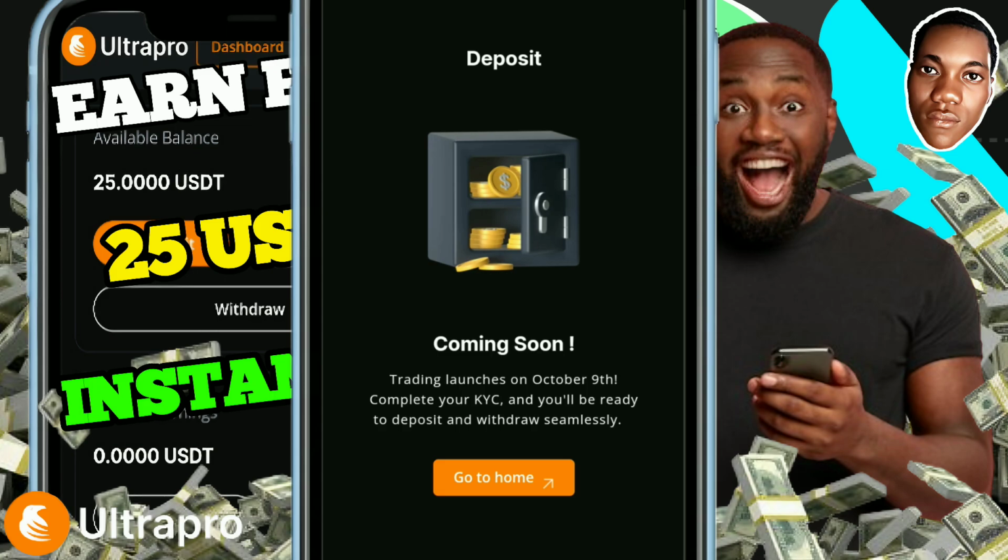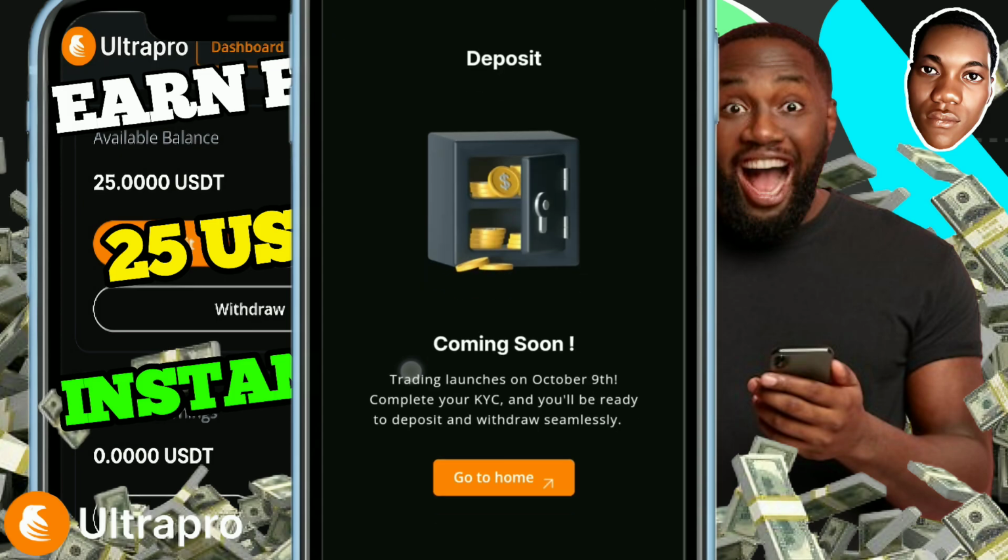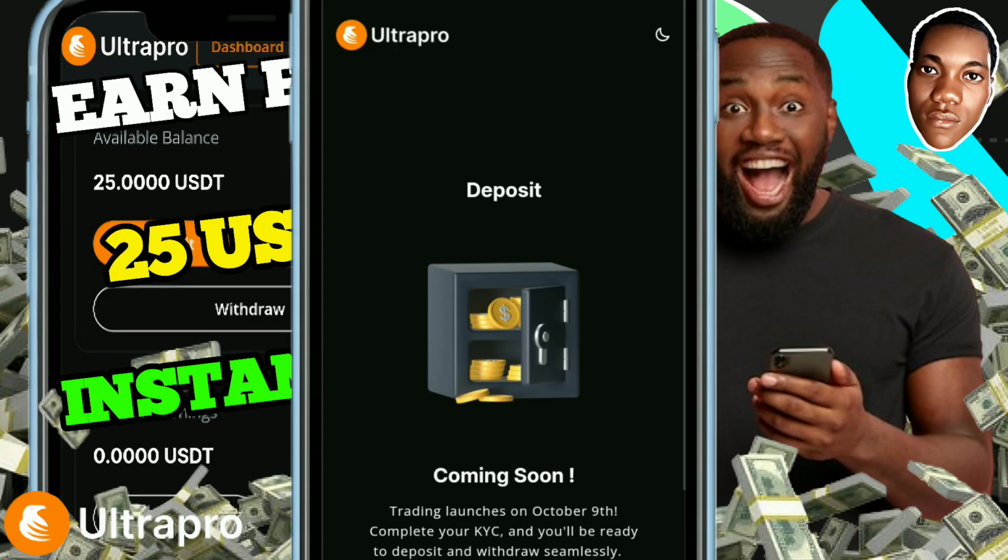But nobody knows what might happen on that day, so when they ask you to deposit any amount for you to be able to withdraw that 25 USDT, please don't do it,